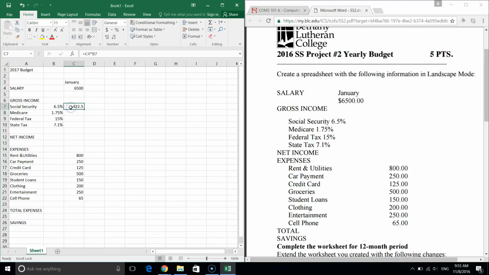Okay, let's just see what happens if I were to take this and copy it across to the other months, because eventually we have to make sure we fill out an entire year's worth of data here. So if I were to take this 422.5 and start going across the page, it becomes a bunch of zeros. Why is that? Why is it no longer calculating the correct amount of